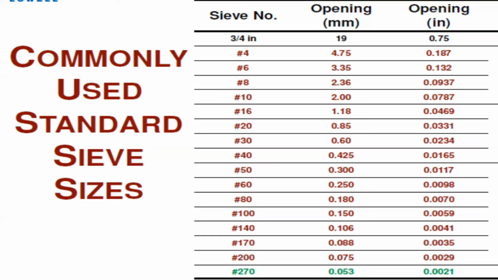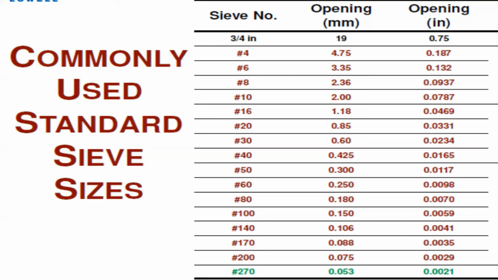So these sieve sizes are for the soil, and I am talking about the fine aggregate, not the coarse aggregate. If I look at the number 4, opening in millimeter, it is 4.75 millimeter. If it is in inch, it is 0.187 inches. You can find this table on the internet, and you must understand what I am trying to explain to you. I am telling you the sieve sizes, sieve numbers, and the sieve numbers according to their openings.